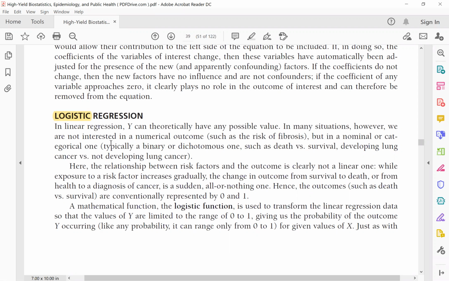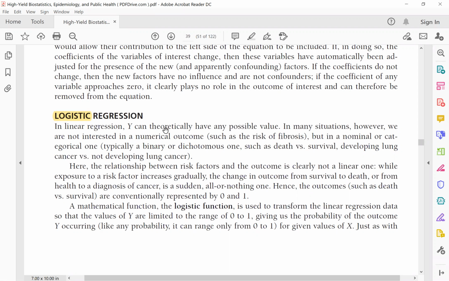So, logistic regression. In linear regression, y, which is the dependent variable, can theoretically have any possible value. In many situations, however, we are not interested in a numerical outcome, such as the risk of fibrosis, but in a nominal or categorical one,